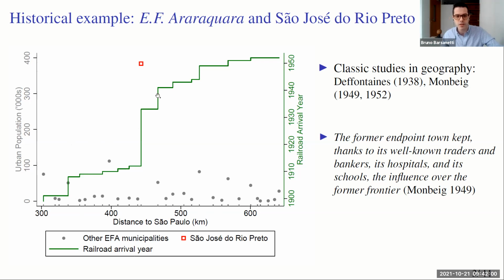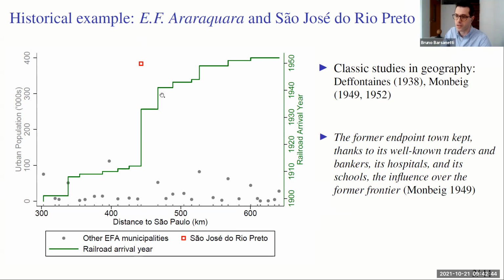And there is one particular case that's very interesting, which relates to this red town called São José do Rio Preto, which was a town that at the moment the railroad arrived there, this railroad company went bankrupt. And then it was acquired by a German firm. Then there was the First World War. This German firm didn't have money. There was a workers' strike. The government decided to take the company back. The company went to court to not lose the concession. And through a lot of things that probably seem kind of random to characteristics of this town,